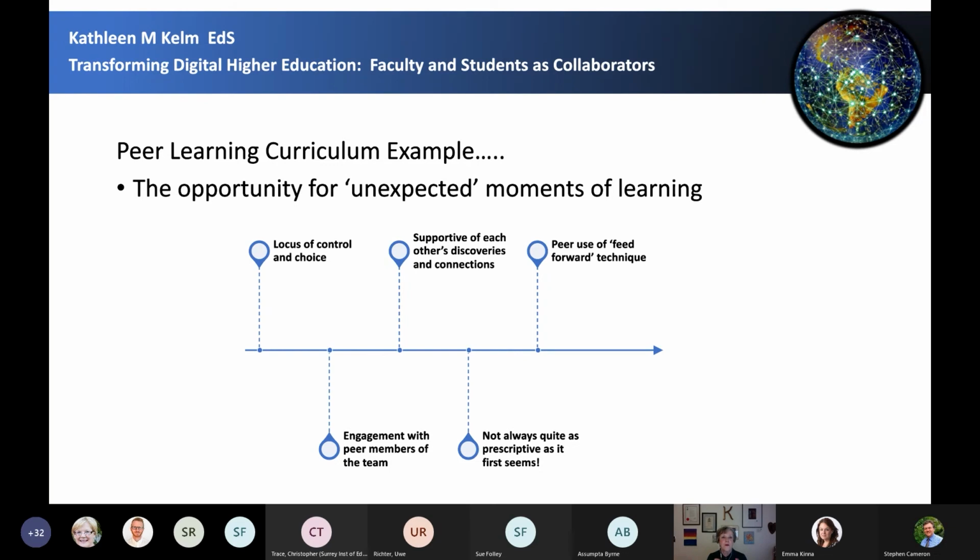Peers are now using feed forward. They are thinking not just about the feedback they're giving each other as they're working together, but they're also anticipating down the road. I had somebody send me a note the other night. We use Discord as one of our tools, and I have it set to read the note out to me. I was in the middle of a meeting, if you can believe it, with my condominium association, and out from my computer comes Discord reading out what the student had said.